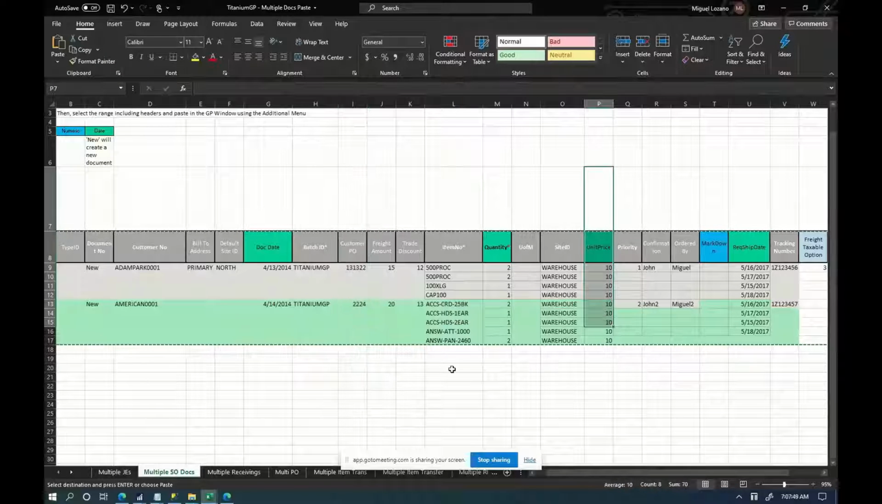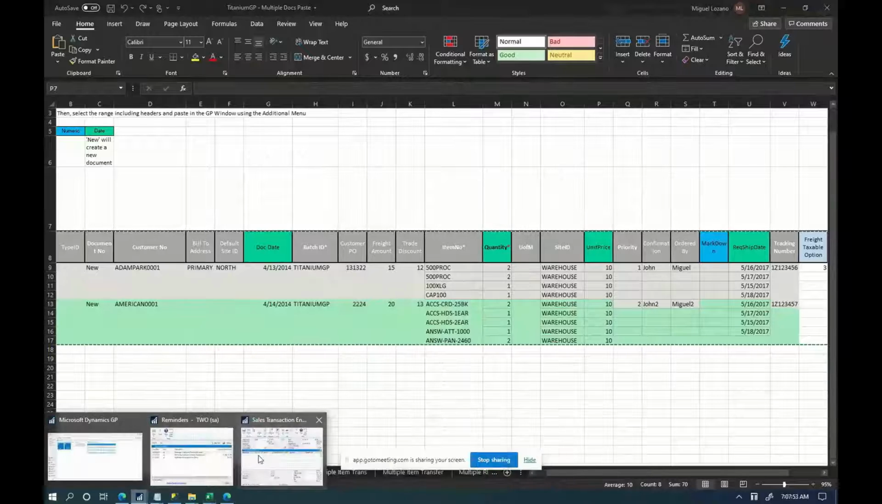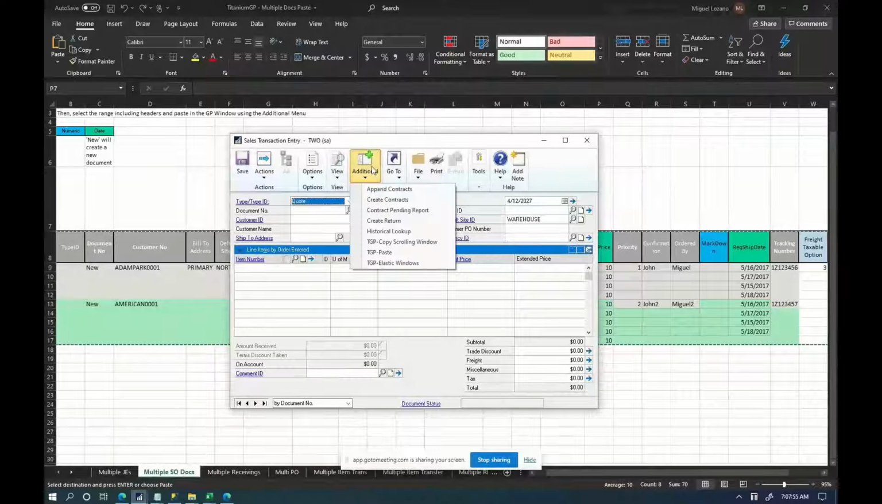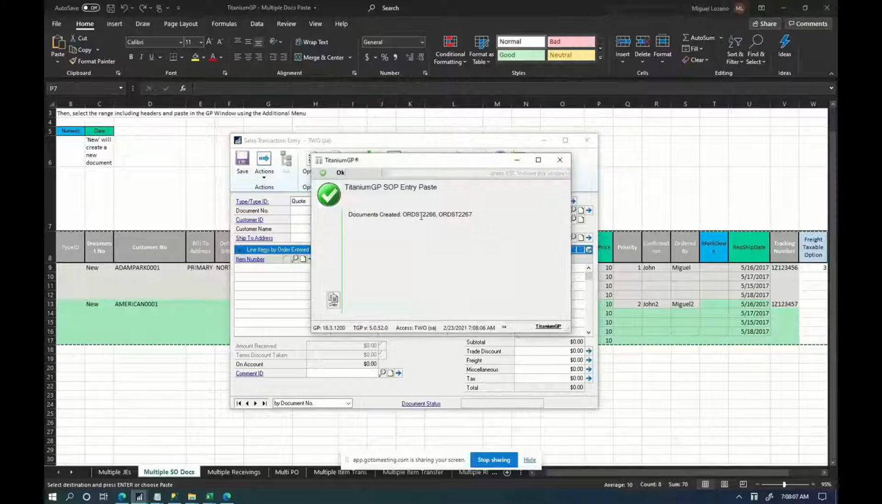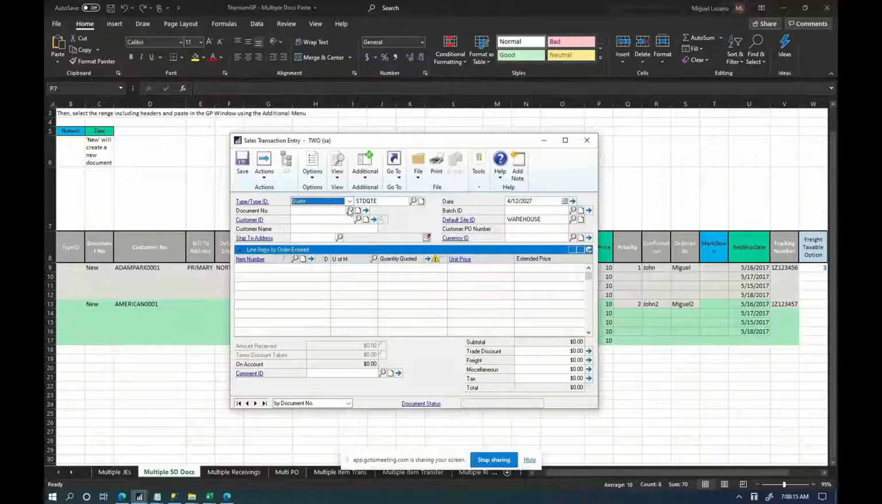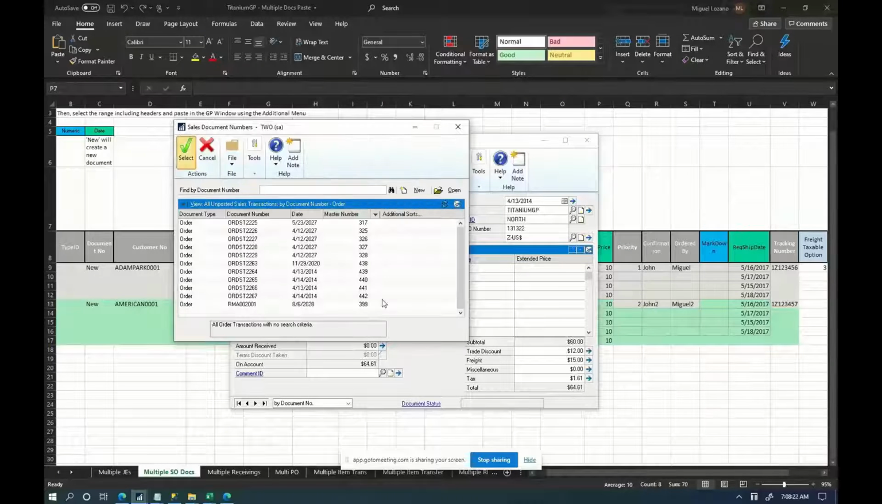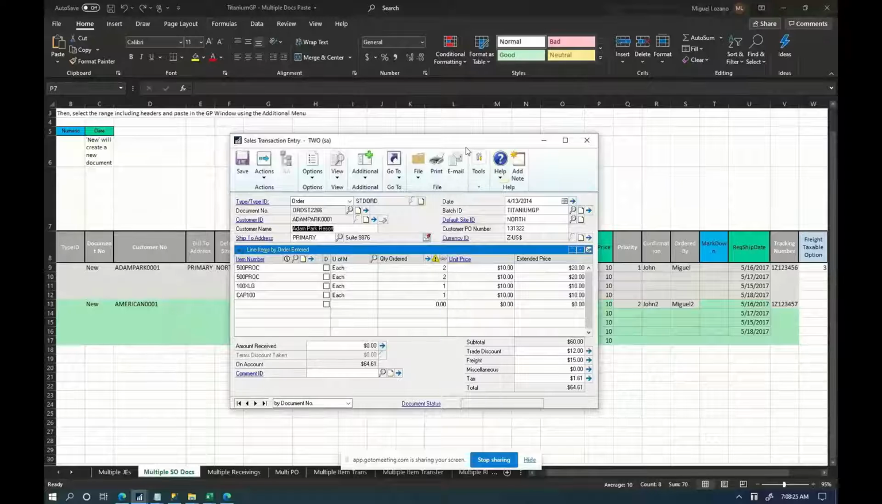So I'm going to go into the sales transaction entry window, and I'm just going to go into the additional menu and click TGP Paste. So it processes the transactions, and it will tell me the number of the documents that it created. In this case, orders ST2266 and 67. So if I go into the order and open it, 6666, I have the order that I just created,